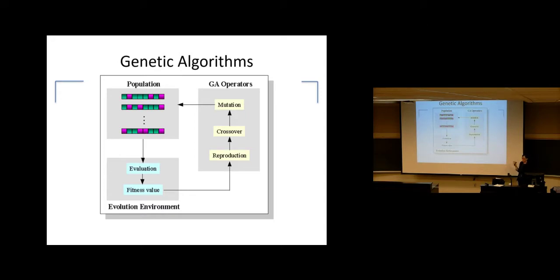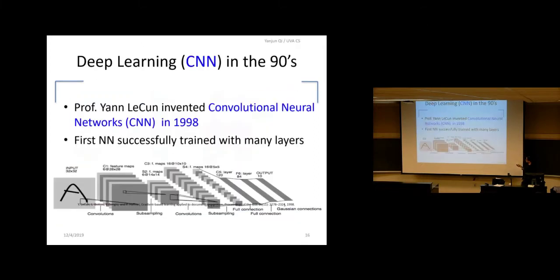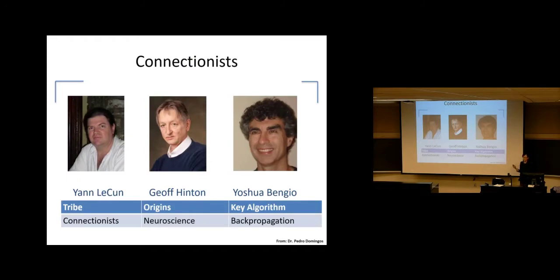In the end, if you think about it, this is an optimization strategy. It's a very generic optimization strategy if you don't have differentiable functions. It doesn't require your function to be differentiable, but backprop